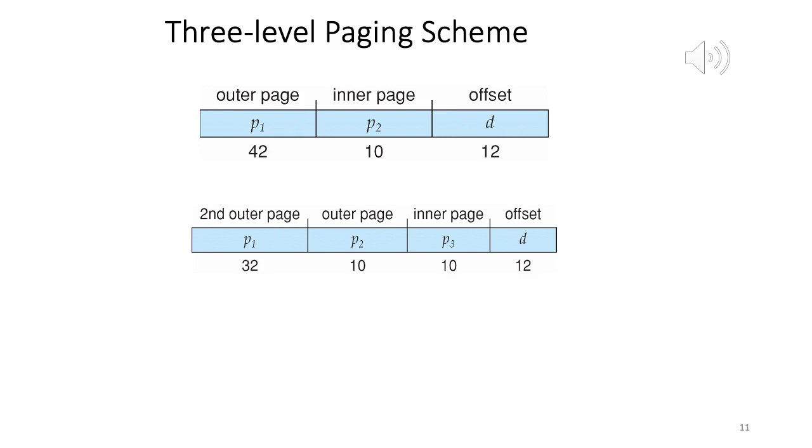Why are those 7 levels of paging required? Because the size of the outer page table is still huge. So we have to keep on chopping it down till the size of our page tables is within our reach. And what that would do is add more and more levels of paging, which would obviously increase the number of memory accesses. So you can see the trade-off here, right? So I hope this 2-level and 3-level paging scheme is clear. Okay.